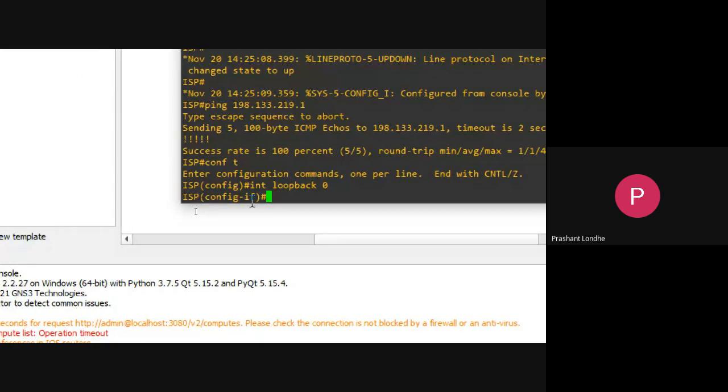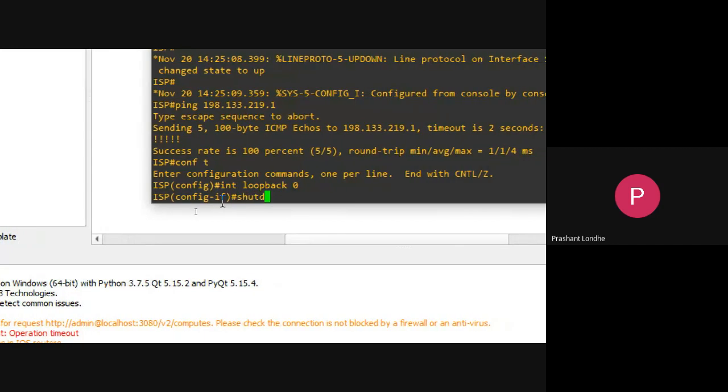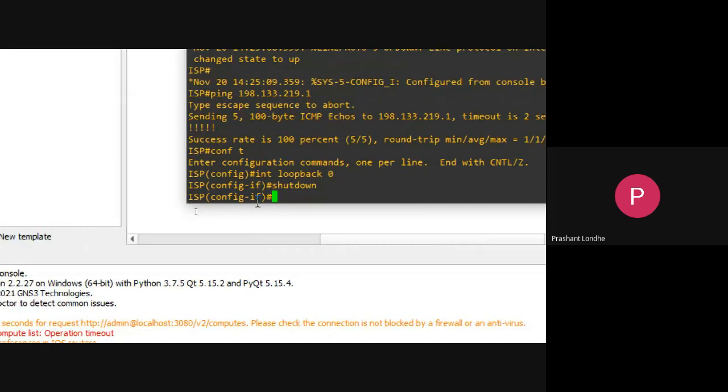What I want to do is reset it, just switch it off and switch it on. So simply I will do shutdown. It will just switch off that particular port. Let us wait for some time.